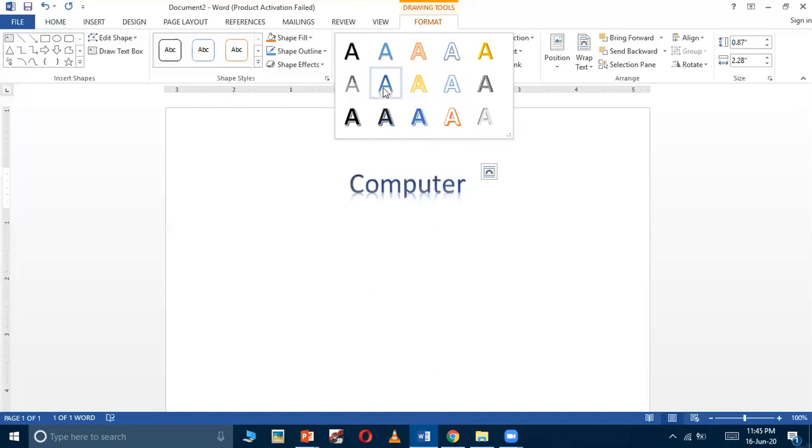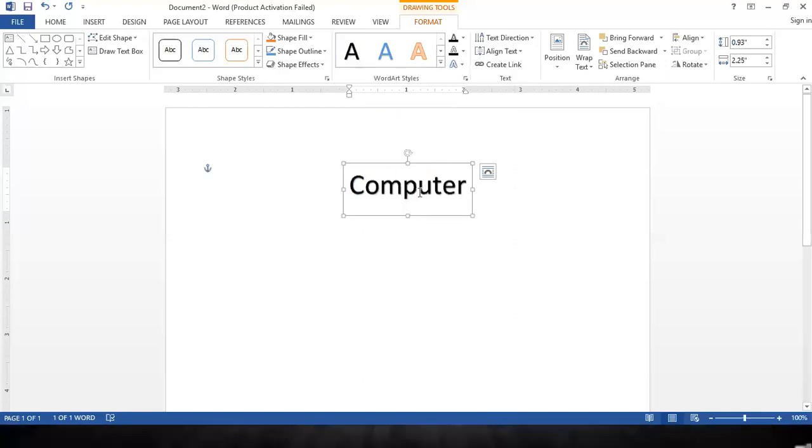You can select whatever WordArt you prefer. So I'm selecting this one now. Just click on that and that WordArt design will be applied. So this is how you can insert WordArt, and you can create your own styles and modify the styles. So in this class, till this much only.